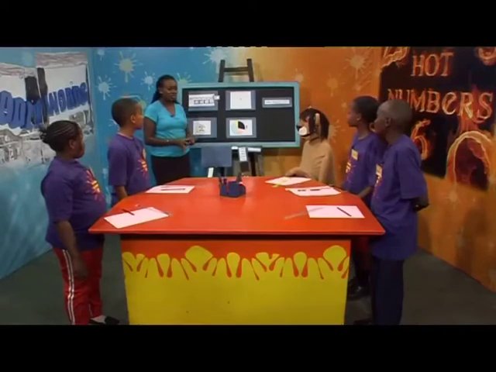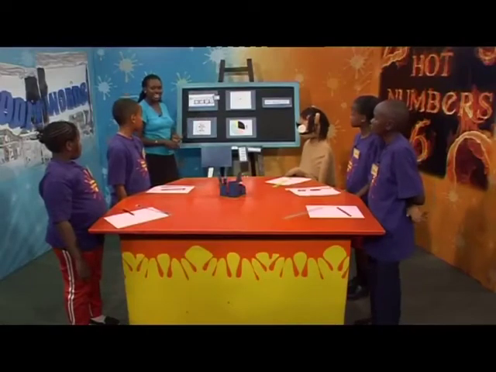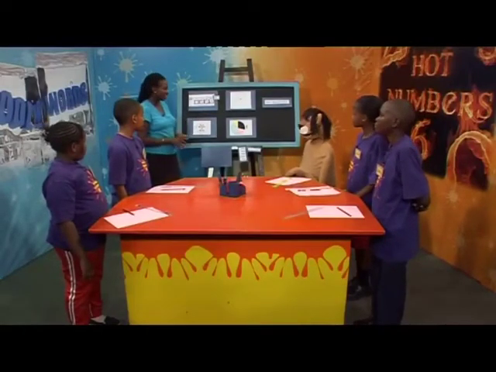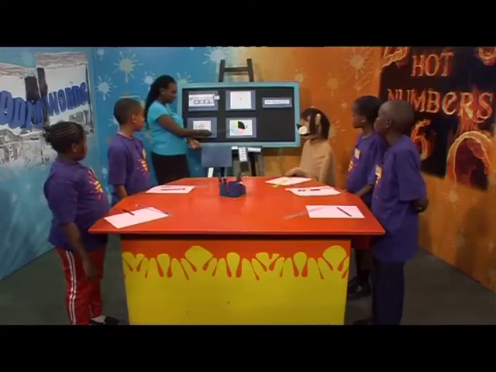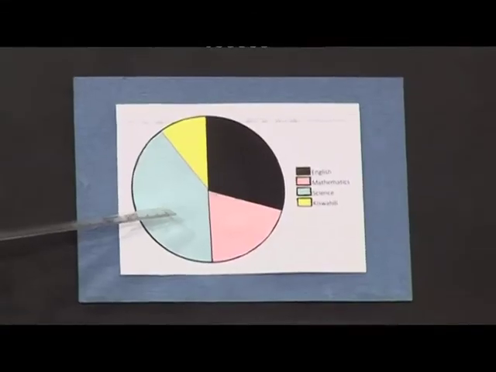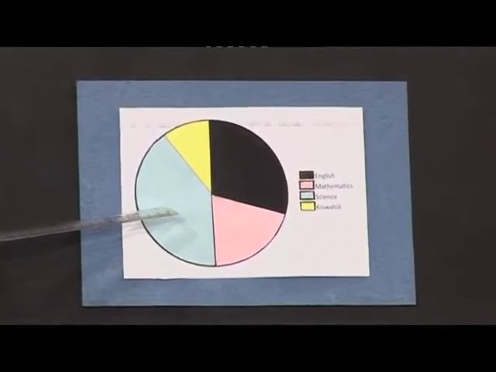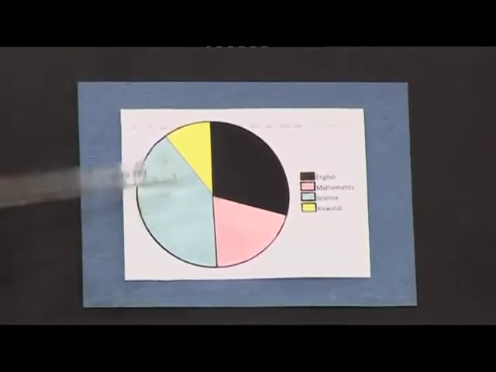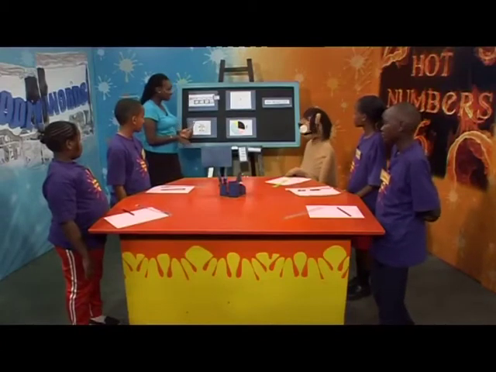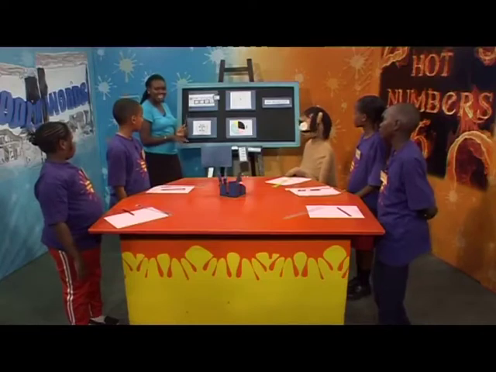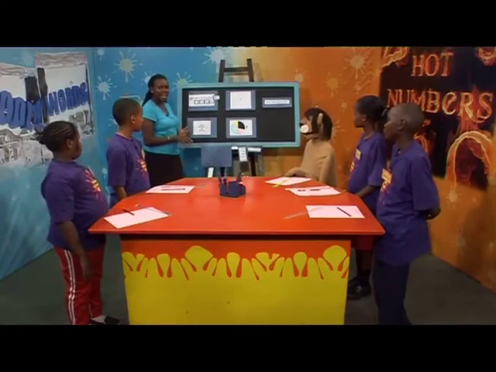Yes, Jeruto? Yes, Teacher Pendo. How do we read off a pie chart? Now we know that there are a total of 2,000 books in the library. From the pie chart, we can see that the fraction of science books out of this is 4/10. So 4/10 of the 2,000 books in the library are science books. We are therefore going to multiply 4/10 by 2,000 to determine the exact number of science books in the library,